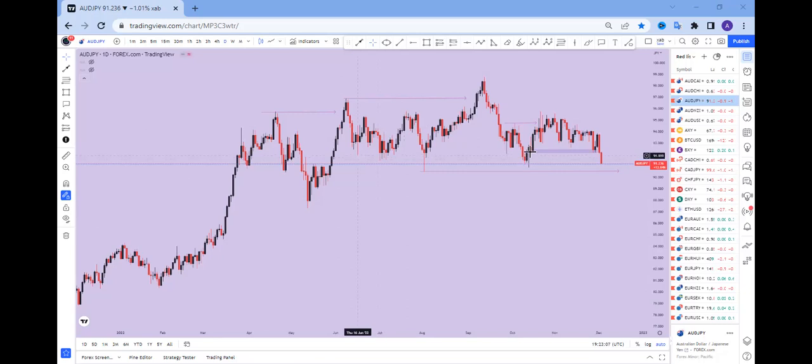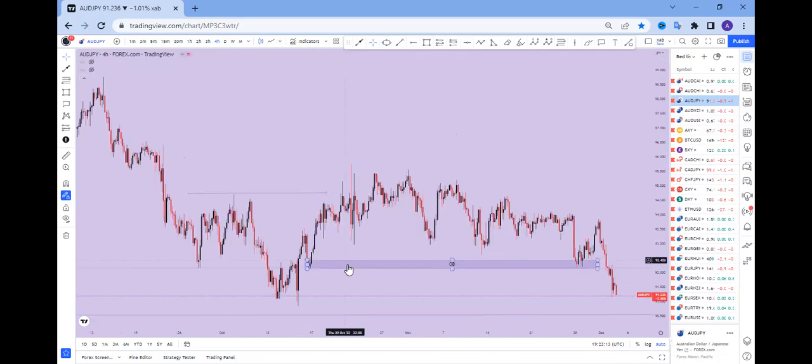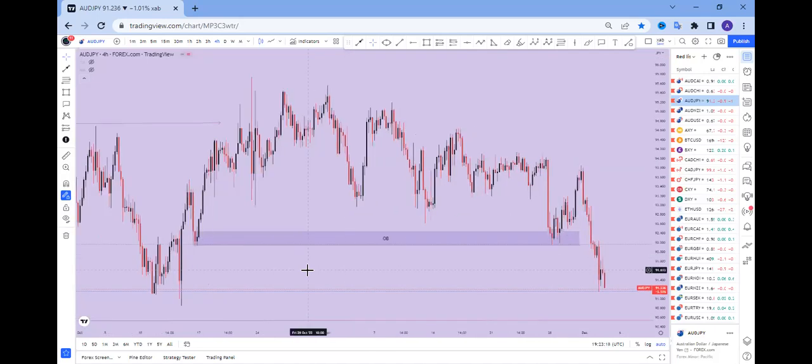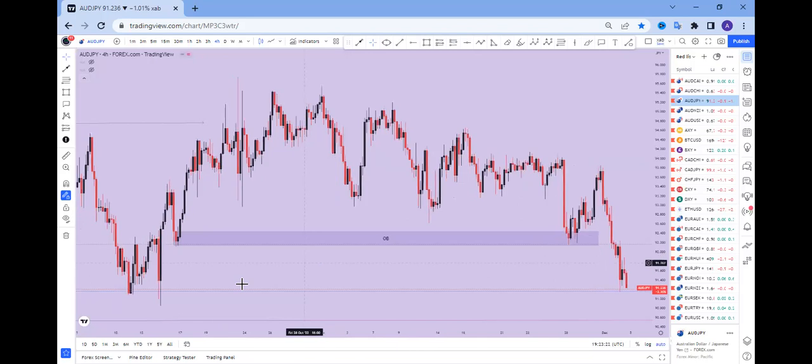All right, so let's go back to the 4 hours time frame. Since price has already reacted to this order block, it means that we need to look for the nearest or the next order block that price will most likely react to. All right, and in that case,